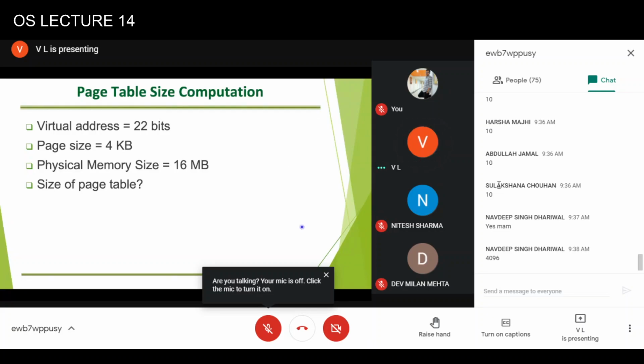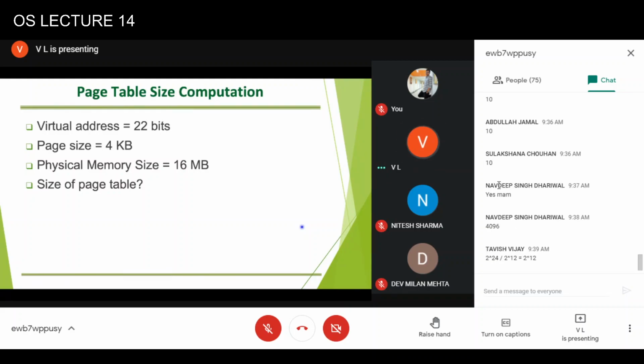Okay. So we want to find the size of the page table. It will depend upon the number of virtual pages. For every virtual page, we have to keep a page table entry. So the number of entries in the page table depends upon the number of pages in the virtual address space. And then it depends upon what we store in each page table entry. In each entry, we need to store at least the page number in the physical memory, the page frame number.